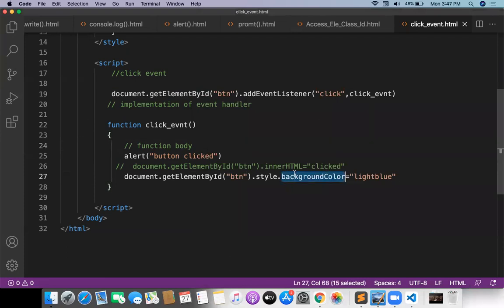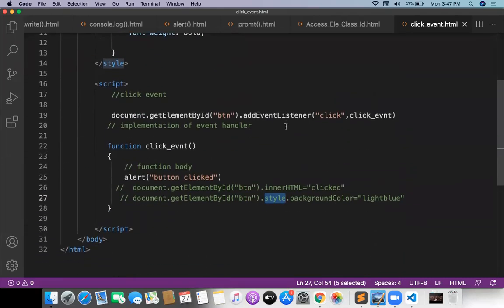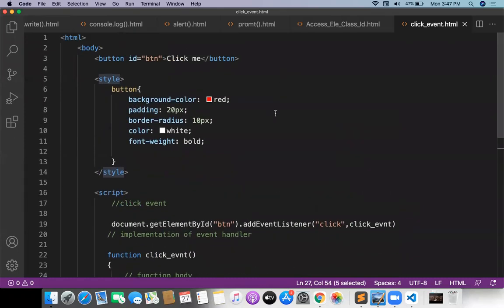Why? Because I'm giving the line called background color. So this property is important. Style dot something. I will tell about this property later. Dynamic HTML changing with innerHTML. Dynamic CSS changing with the style property. Dot style dot property, we will discuss that later. This is called a click event, guys.